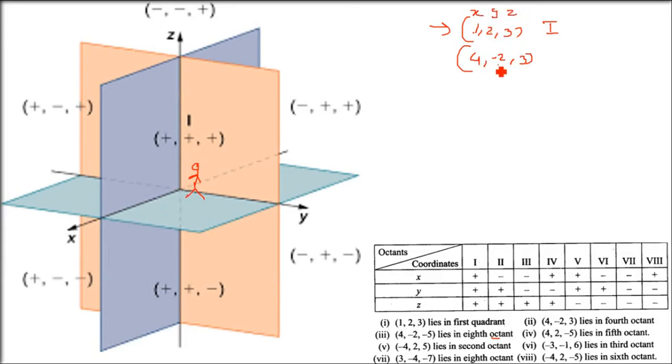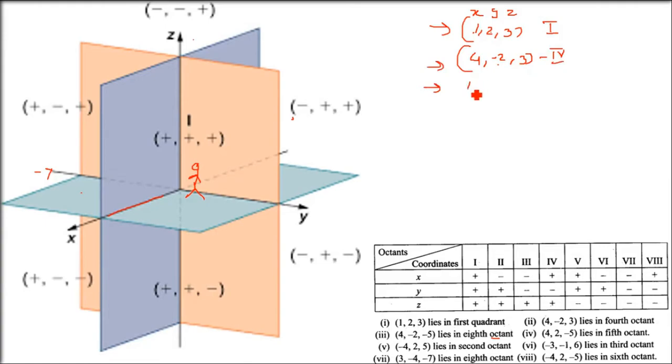Y is negative, so take Y and go in the opposite direction. With your reference, you have Y as the reference. Now take negative Y. Go into the other room, where your mother and father are living. So X, minus Y. How about 3? This is positive, so this is Z. So you're talking about here. That is mama papa's room. So you have 4, minus 2, 3. Two of the axes are similar to you, X and Z, but Y is negative. So this is your first, second, third, fourth. So you have the fourth quadrant where your mother and father are living.